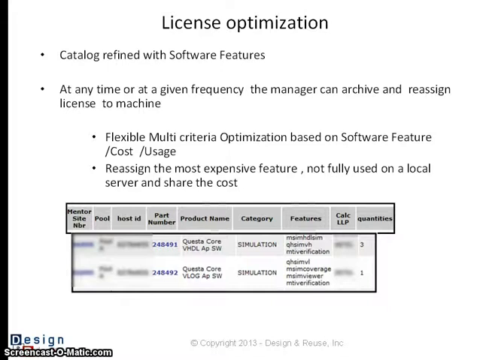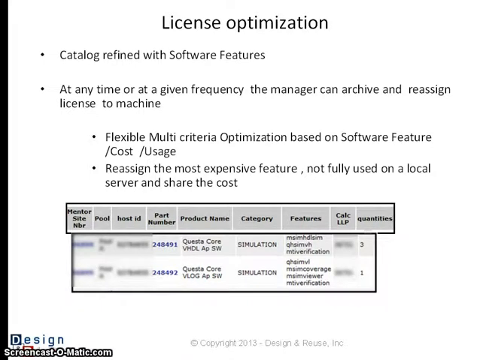As I said, the problem is a little bit more tricky because you have features. So here you see that on this machine, on this license type, I have a license for this product name, and you have the features. That means that if a new guy is coming and he would like to use a simulator, what does the manager do? He looks, okay, where is this feature used? And then he sees that it has been granted three licenses for this center. Then he can look at this center if it's fully used.